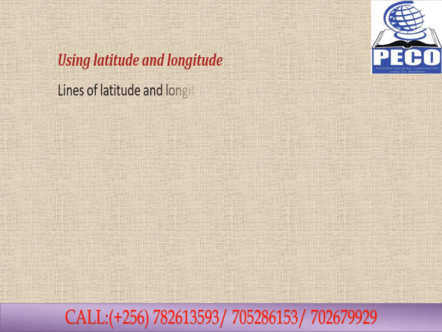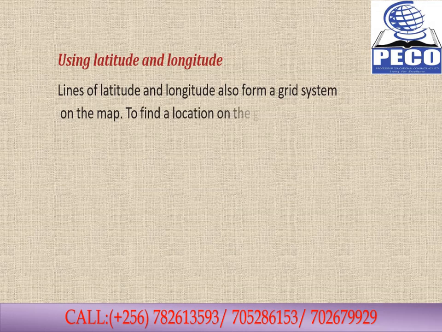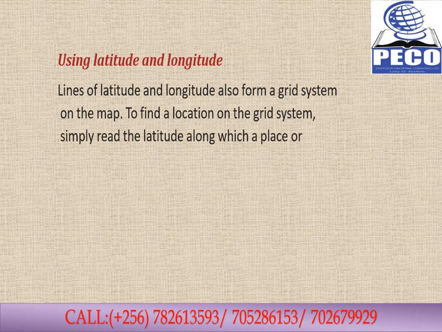So let us explore how we use latitudes and longitudes to locate places. Lines of latitude and lines of longitude also form a grid system on small maps, for example, the world map. We looked at the grid system and identified how we locate places. So even these latitudes and longitudes form a grid system. And just like we read the grid reference,